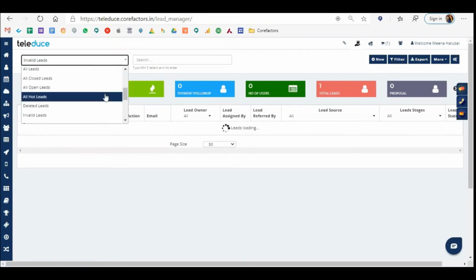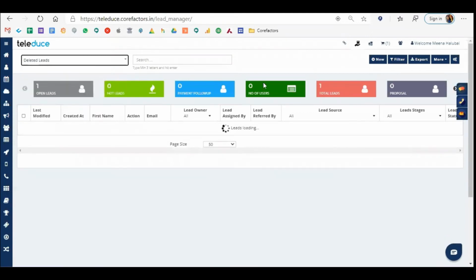And apart from that, all the deleted leads: the business owner alone will have the information about deleted leads or be able to mark them as deleted, and they will be available for you here in the deleted leads option. Now let me quickly show you the task option also. Any task that has been created by your sales team or yourself will all be available in the task option.